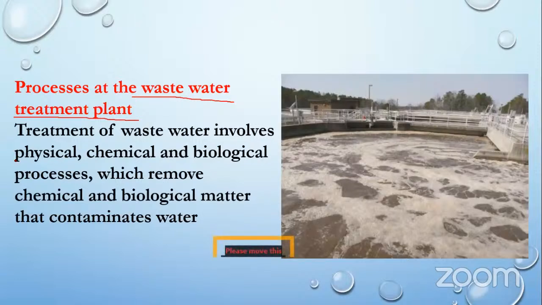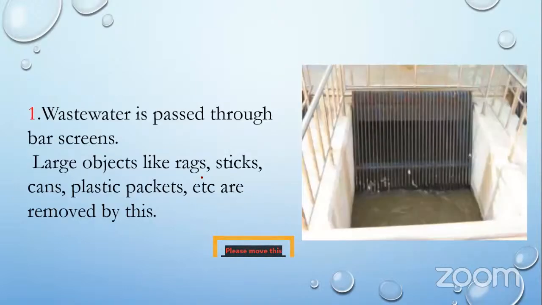For sewage water we have physical steps, chemical steps and biological processes. These three processes are done so that sewage water becomes somewhat clean so that we can use it for some purposes. How is it done? First is the physical process. In the physical process, we can separate large objects like rags, small bags,